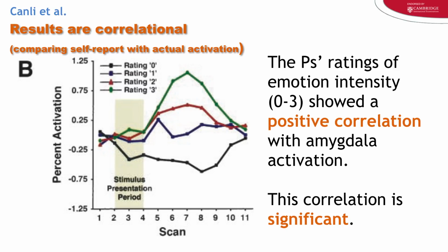So you see here, we start off in the middle somewhere. In the case of the green line, which is the highly arousing line, we spike up. Even after the picture, we're still spiking because we're still reacting to the picture. And then we come back down. This is to make sure that the next image is also starting at baseline. We don't want to have the images go too quickly together. We want to make sure there's a recovery period